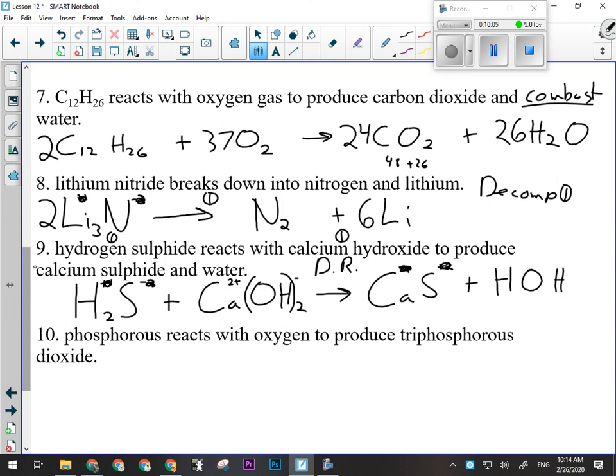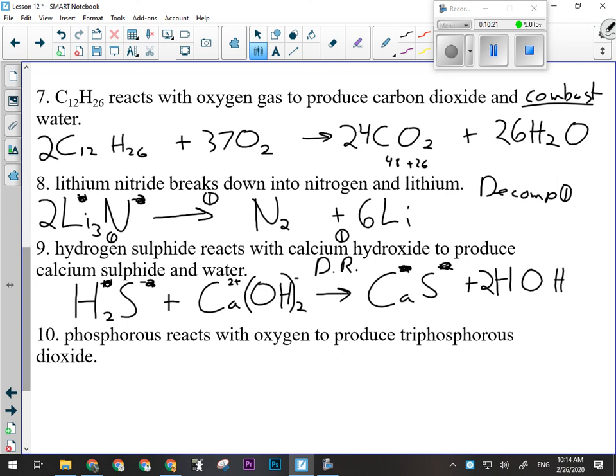I should balance hydrogen or hydroxide. They're both 2s and they end up together on the other side. Okay, so there's 2 hydrogens over there. Now there's 2 hydrogens over here. And that 2 gives me 2 hydroxides, which works out great because there's 2 hydroxides over here on the reactant